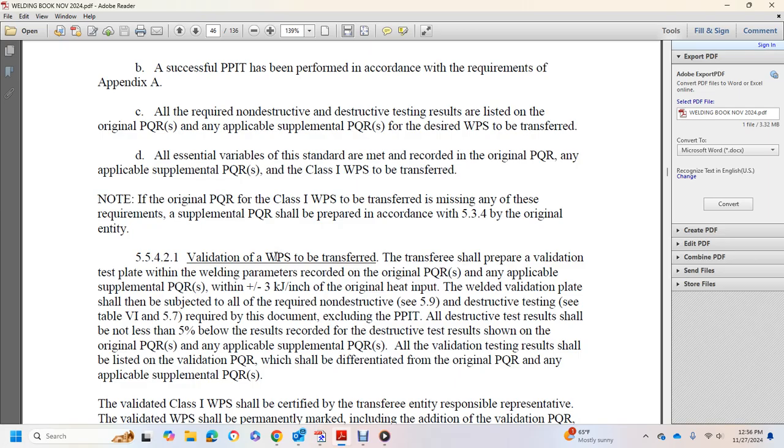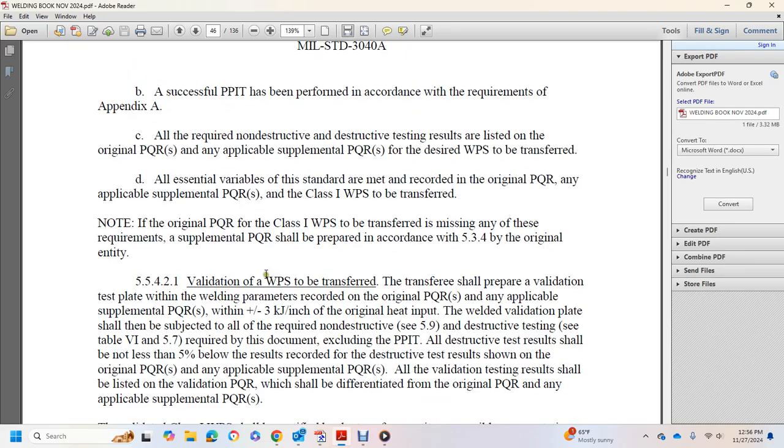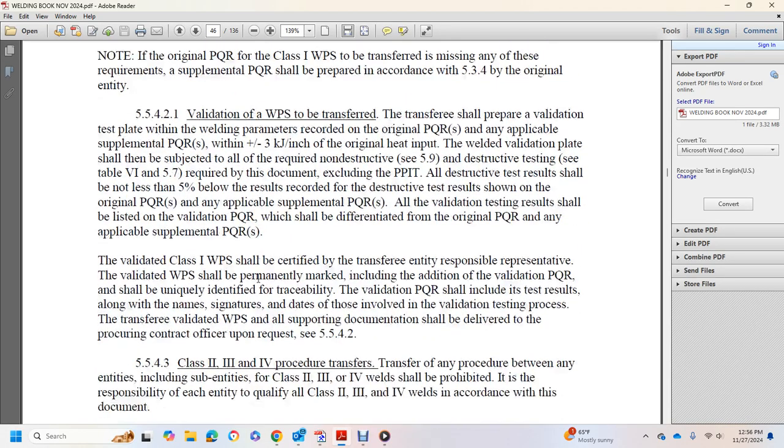The restrict of the test result of not less than 5% below the result recorded with the restrict of the test result shown on the performance qualification record, with the applicable supplemental performance qualification record. All the validation testing results shall be listed on the performance qualification record, differentiated from the original performance qualification record and the supplemental performance qualification record, validation class of the welding performance specification certified with the